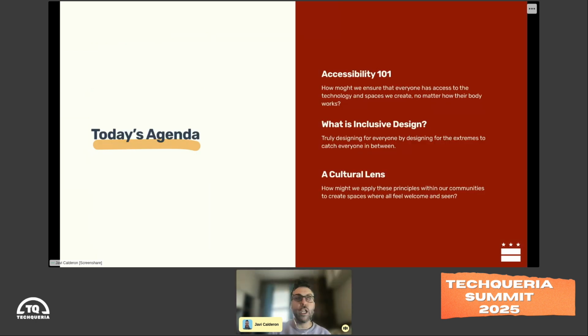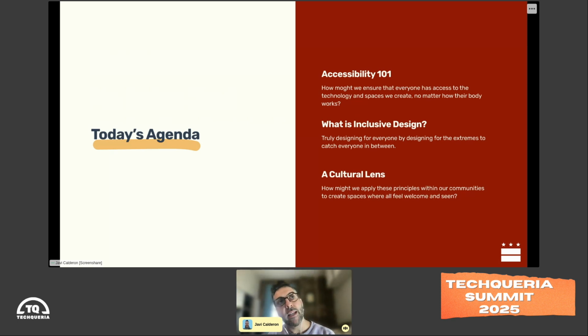A quick little agenda as we get going. We're going to talk a little bit about accessibility. I'm going to try to do just a light touch on those things. This is, after all, a tech event, so I don't want to bore the people who know a lot about these topics. At the same time, I want to make sure that we have a ground level understanding of accessibility and inclusive design for those who don't, right? So we can carry on the discussion.